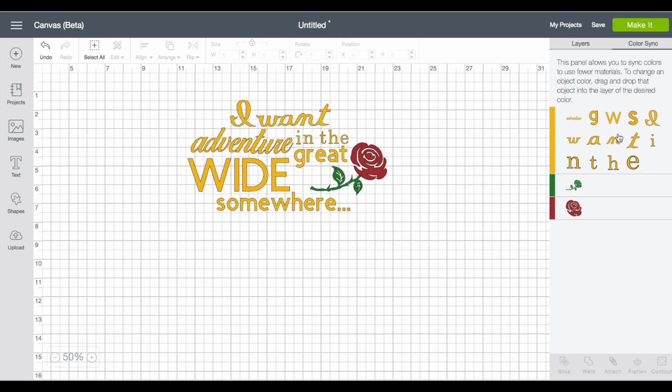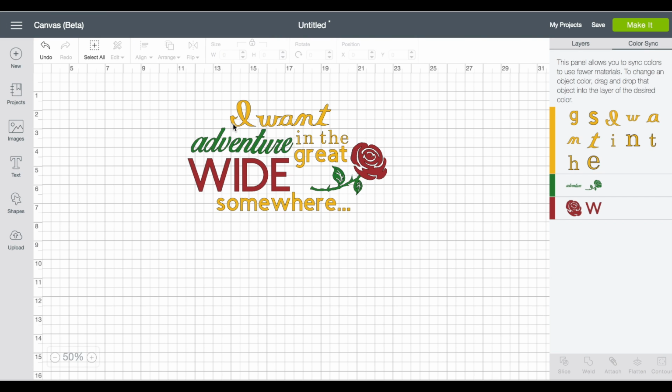So in adventures right here, it just shows the first letter. I'm going to sync that to green. Never mind, that was I want. Adventure right here. So I'm going to sync adventure down to this, and that will make it the same color. And then if I wanted to do maybe white and red, I could also just see how I like this. I kind of like that too. So then I'll be dealing with golds, greens, and reds.